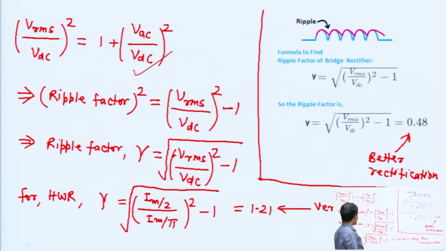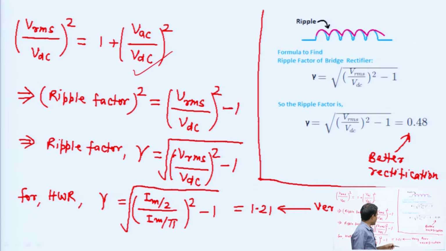If we want to calculate the ripple factor of a half wave rectifier, it will become 1.21, because Irms is equal to Im/2 and Idc is equal to Im/pi, so gamma is the square root of (Irms/Idc)² minus 1, and this becomes 1.21. And if we want to calculate the ripple factor of the full wave rectifier, then by taking the RMS and DC values, here I have taken voltage, but you can also take current. By using the current or the voltage, we can easily find the values. Then gamma equals the square root of (Vrms/Vdc)² minus 1, and this will become 0.48. This means 48%